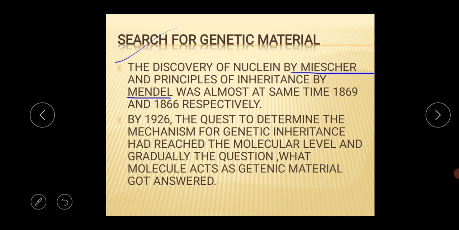And actually these two things coincided, but claiming that DNA acts as a genetic material took a long time. Earlier discoveries made by Mendel, Sutton, Morgan and others had narrowed the search for genetic material to the chromosome. So by the year 1926, the quest to determine the mechanism for genetic inheritance